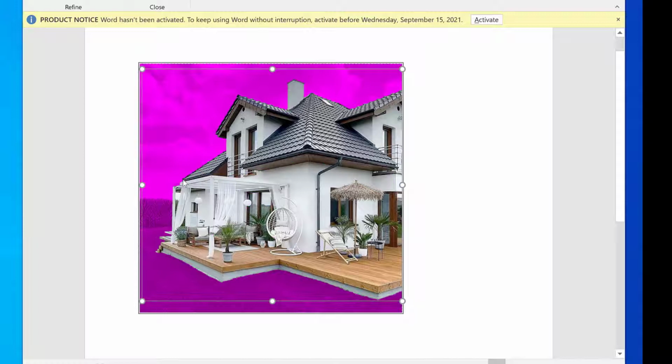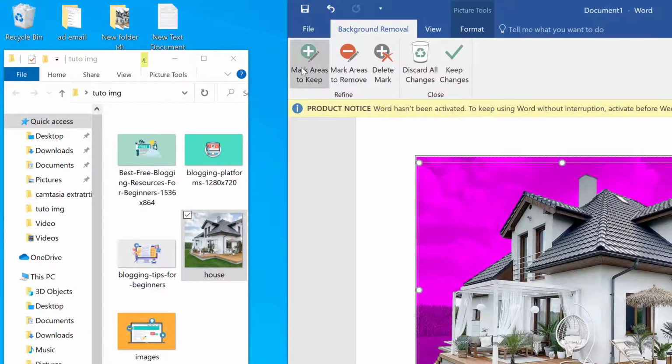You see, you want to keep all this, so all the area in color will be removed, and this one that has not been selected will be kept. So there's this top layer of the house that we want to keep. So what we do is mark area to keep.